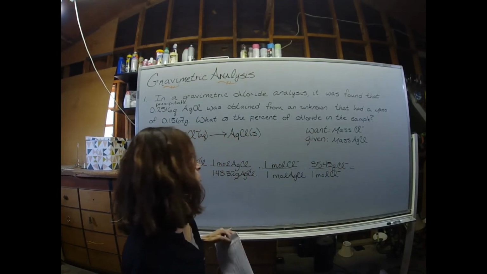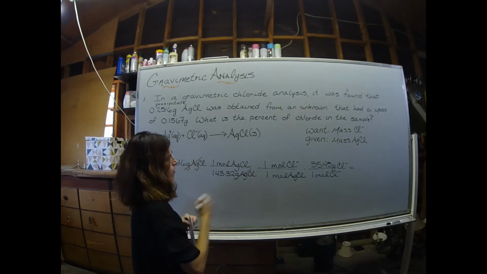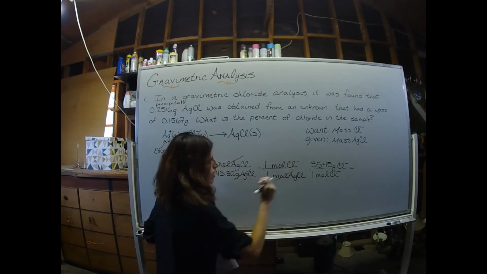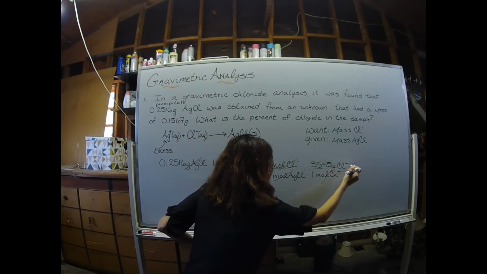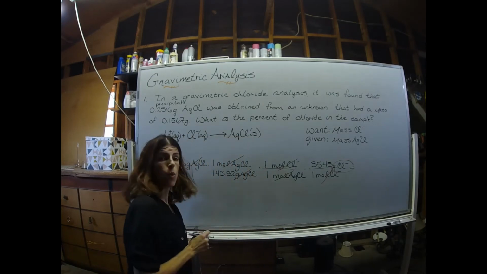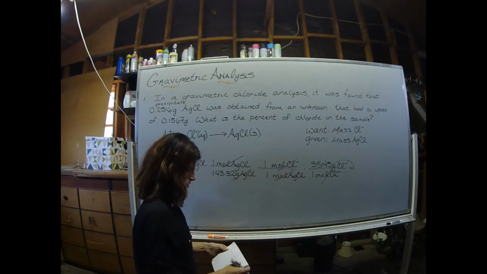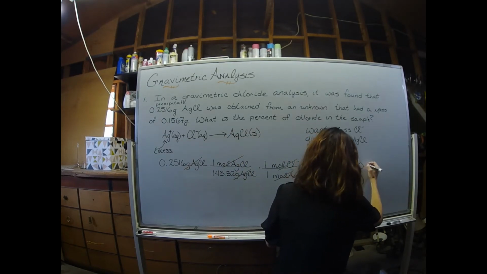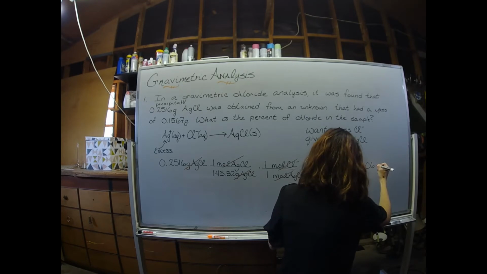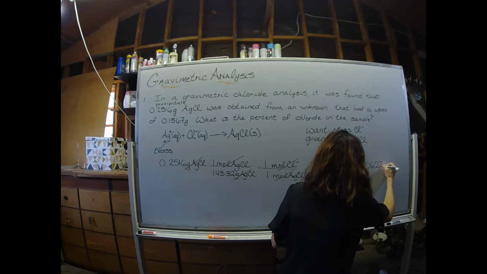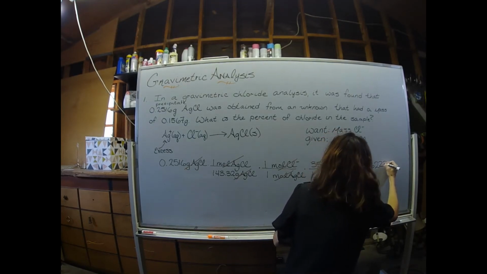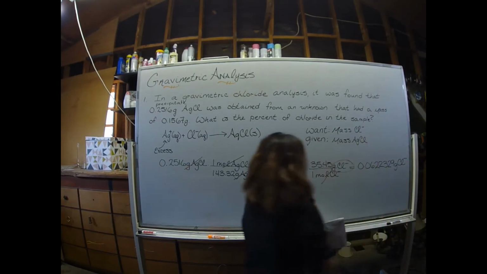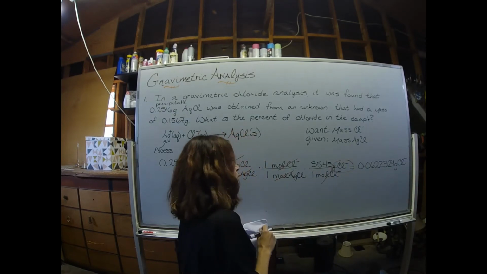And I haven't been following my units. So let me back up for a second and look at how the units are canceling. Moles of silver chloride cancel moles of silver chloride. Moles of chloride cancel moles of chloride. And I'm just left with grams of chloride here. When I did this earlier, I got 0.0622329 grams of chloride. It's hard to see numbers on that side of the board, but I'm going to rewrite that number for